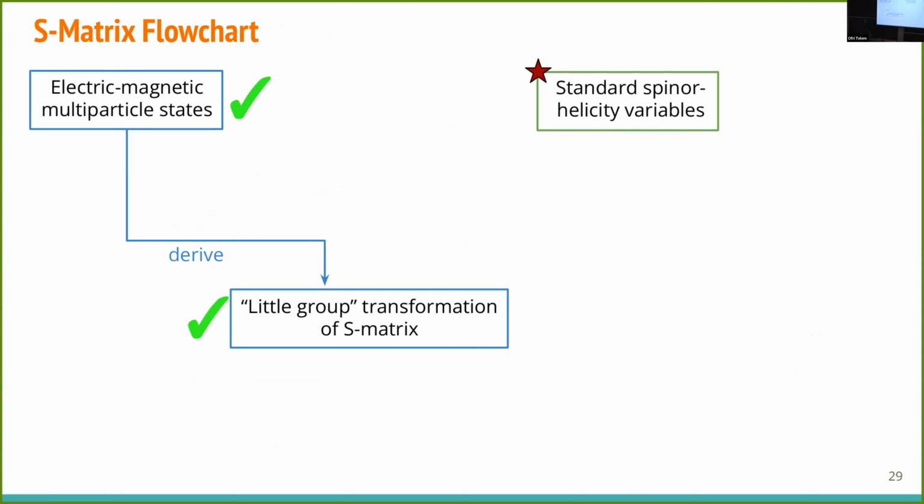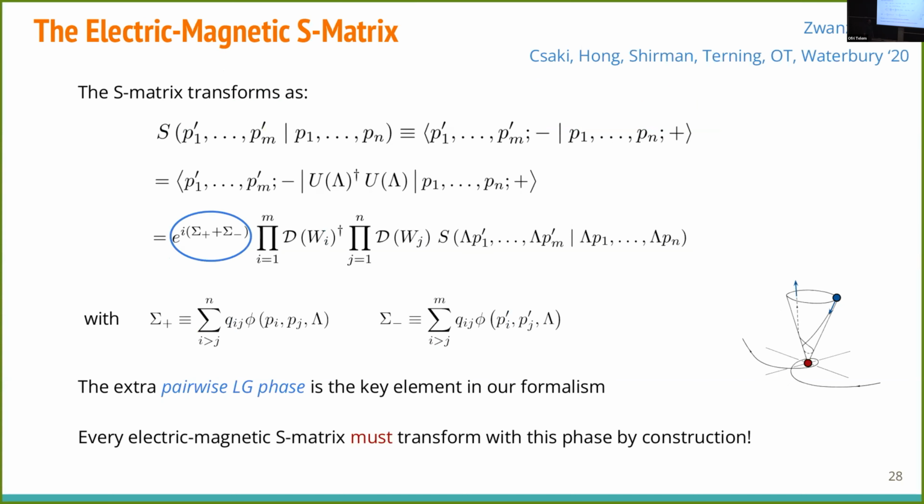Sorry, that's related to my previous question. So then that extra phase, in some sense, is unobservable in any interference, right? Because from here it sounds like the S matrix is really defined only up to an additional phase because it's not invariant under the Lorentz transformation. Right. But the phase in principle is observable in the S matrix. And this phase somehow is not. Sorry, the string dependence drops out. Right. But this phase is not just the string dependence. This is more than just the string dependence. This is group theory.